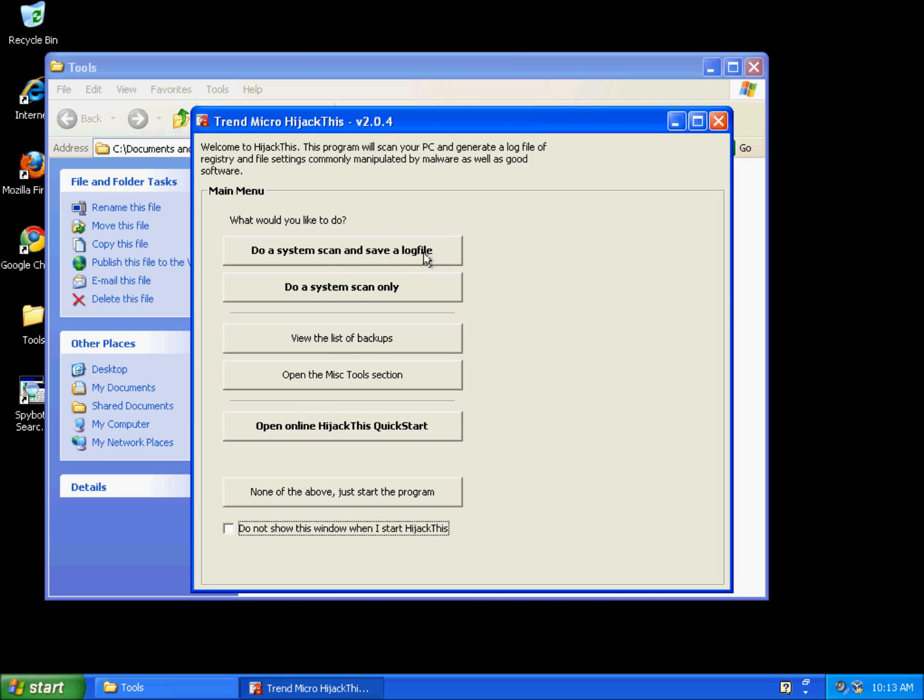For our purposes, we're just going to do a scan, but I don't want to save a log file because I'm not going to be sending it to anyone else. If you have any trouble using HijackThis, you can always save the log file, and there are plenty of forums out on the internet where you can submit log files, and people will definitely help you figure out what processes are good and which ones are bad. So we're going to go ahead and do a system scan only,